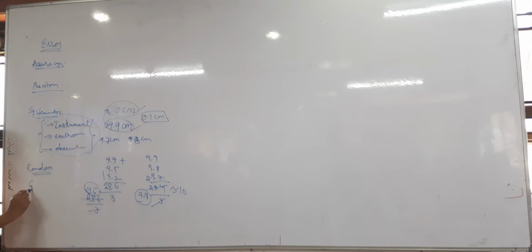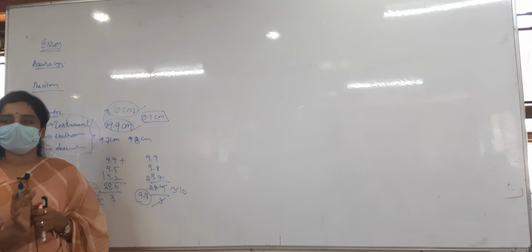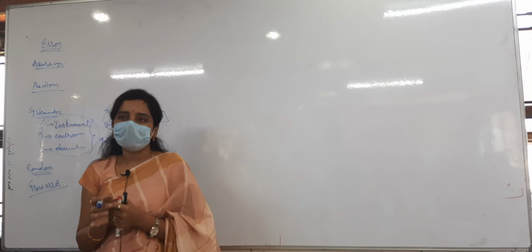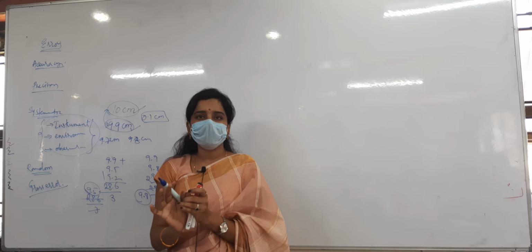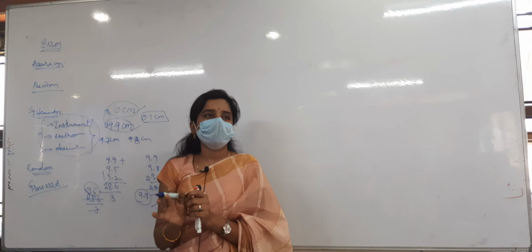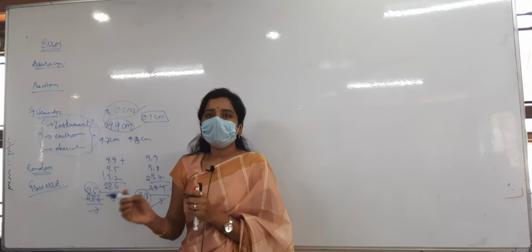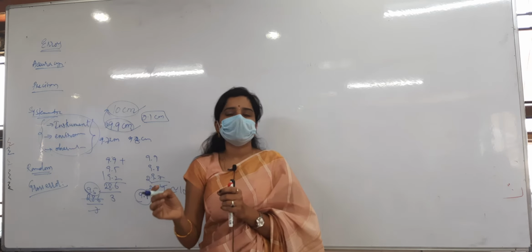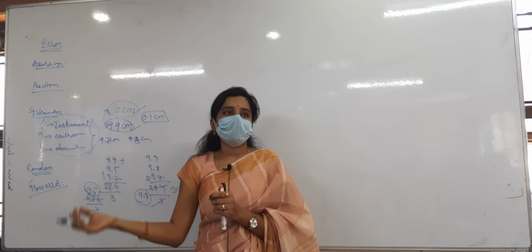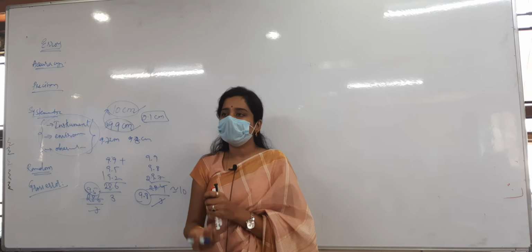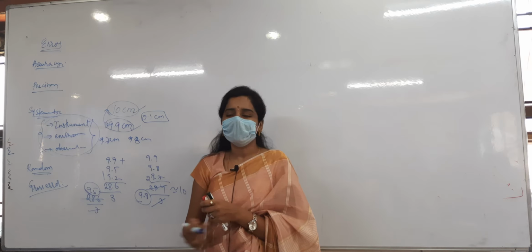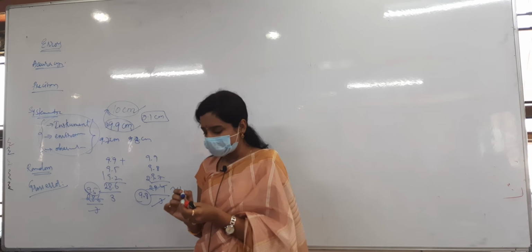Next one is gross errors. A gross error is just due to the wrong notation of the measurements. You have done everything correctly, and you have done the experiment properly with the proper instrument. But whenever you are noting the values, you make a mistake, for example, writing the first value as the last. Then it will come under gross errors. Okay, just get to know the meanings, that's it. Those are not necessary, by the way.